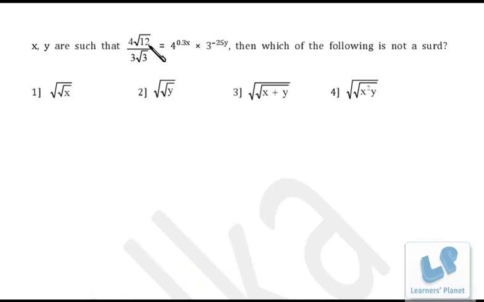Now friends, here this expression is given to us and we have to find out which of the following is not a surd. Surd, that means an irrational number. Now first of all, let's simplify it and find out the value of x and y. It's root 12, that is root 3 into root 4